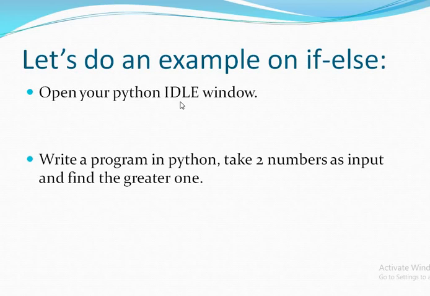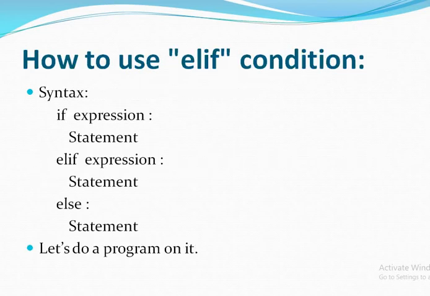Now we have done these things and then after we will use an else if condition. Let us understand what we have checked. We have only checked whether A is greater than B or not. It can also be possible that A is equal to B, and I haven't checked that condition. So for that I have to put another condition. It should be: A is greater than B or not, A is equal to B or not, else B will be the greater number.